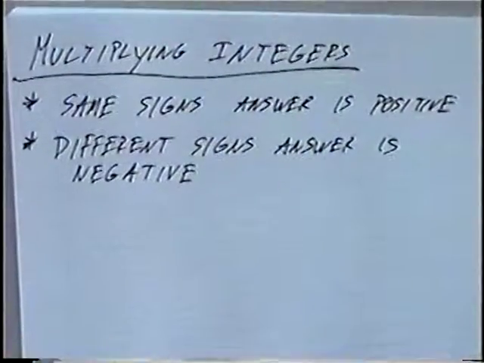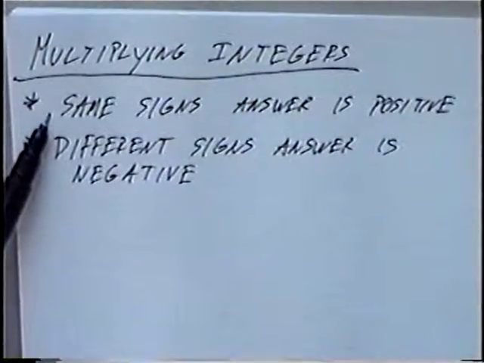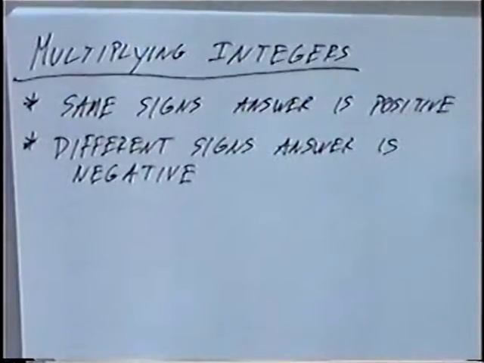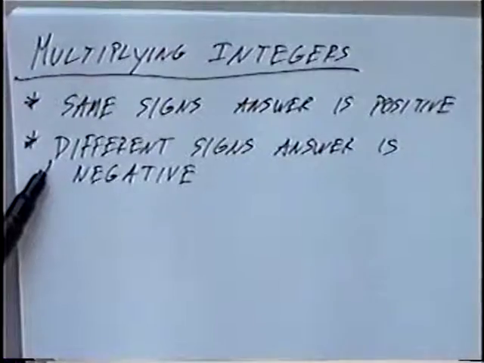What this means is when you multiply two integers or any two numbers, if they have the same sign, meaning they're both positive or they're both negative, when you multiply the answer will be positive. And vice versa, if you have different signs, meaning one number is positive